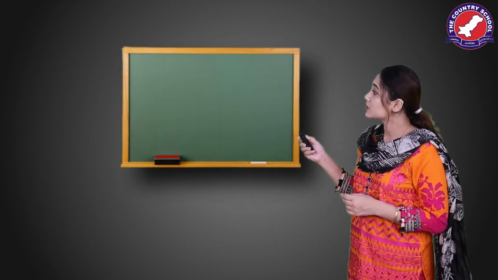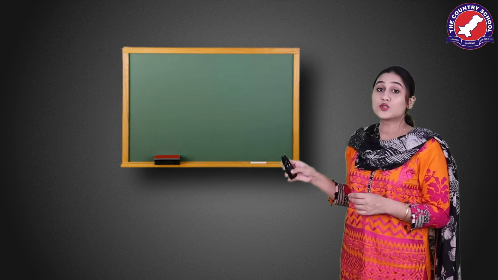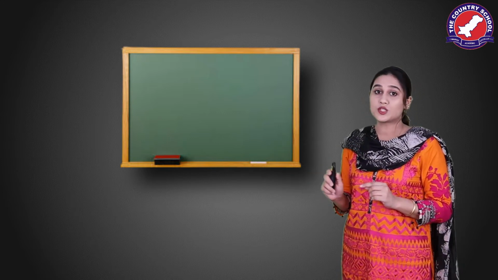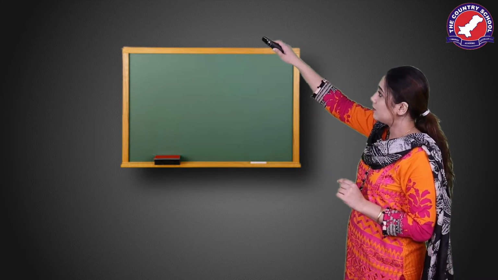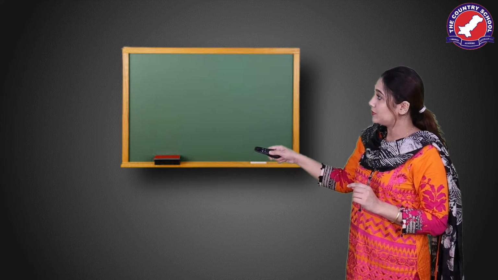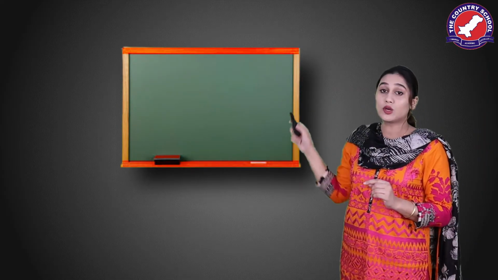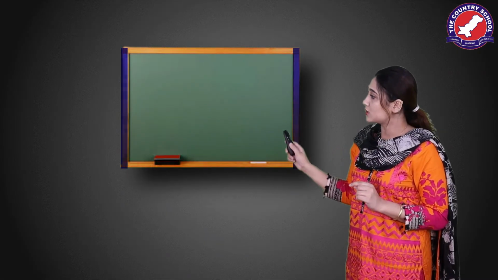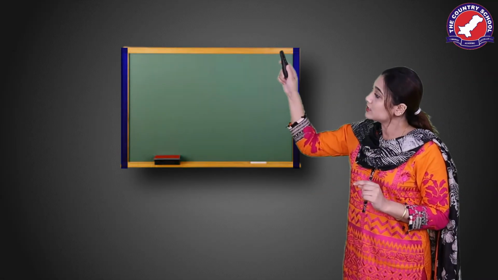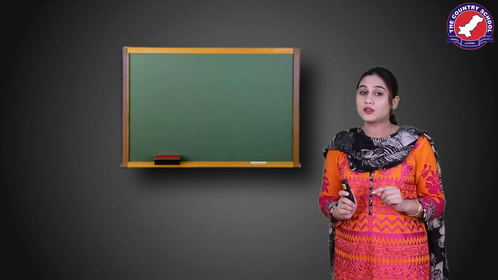Now here are a few more examples. Do you see this board, this writing board? The two sides or the two edges across from each other are parallel to each other. The line above and the line below, the edges of the board, the above edge and the below edge, they are all parallel to each other. Same goes with the side edges, this side and that side. They are both parallel to each other.